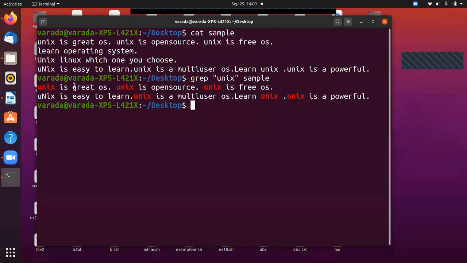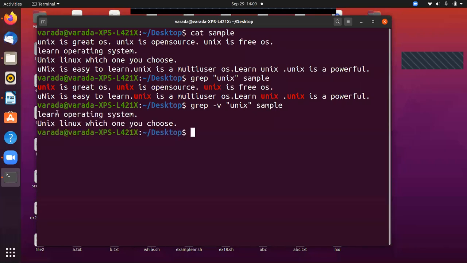It displays the lines. After that we give different options. grep -v Unix sample, where sample is the file name. Now it displays the lines that do not match this pattern.